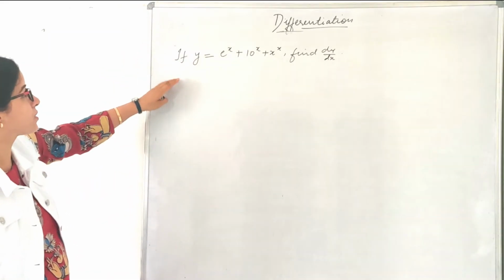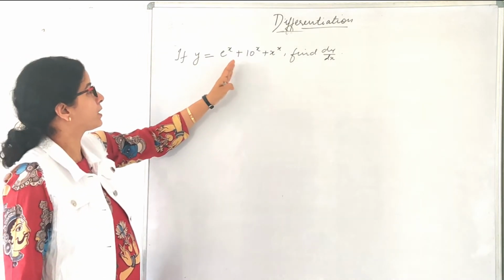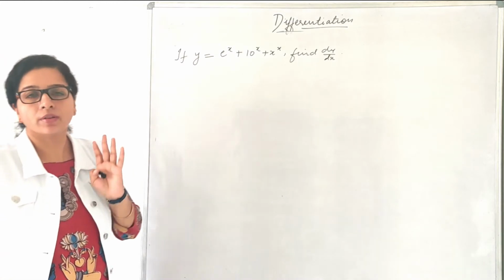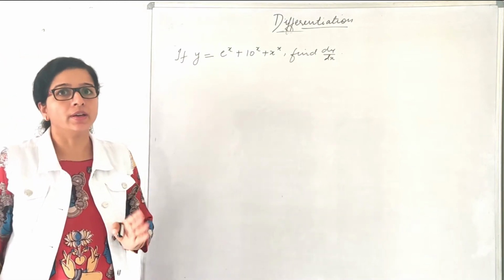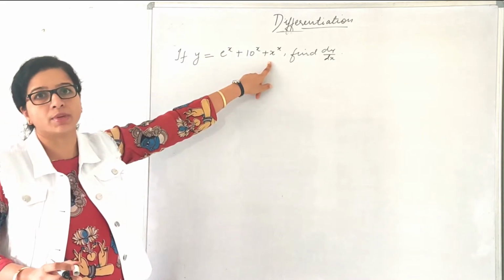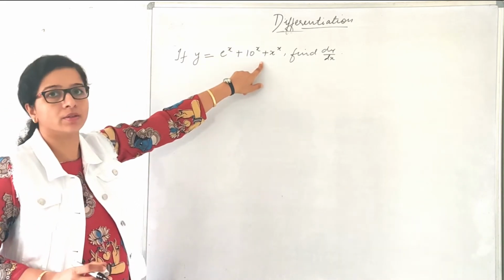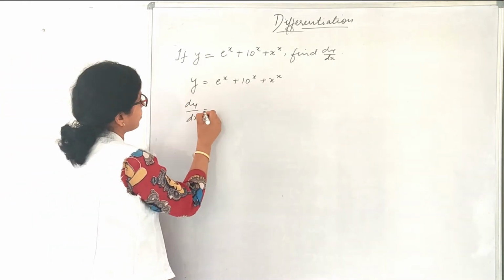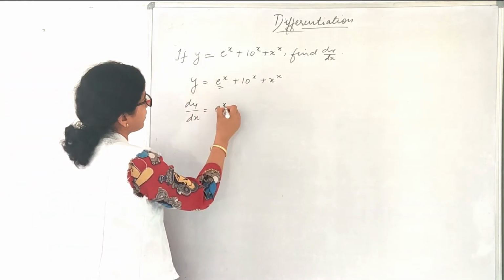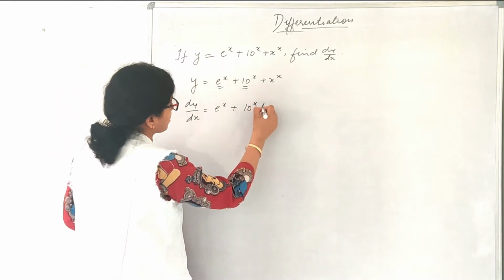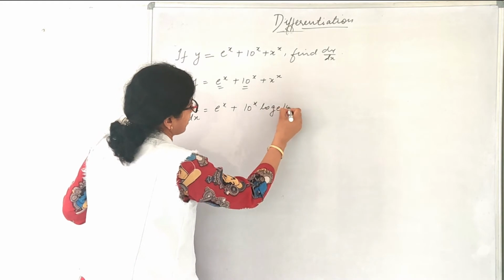So now let us take this question. If y is equal to e to the power x plus 10 to the power x plus x raised to the power x. Now students, one thing I want to tell you clearly. You cannot directly take the log for all of these terms because it is plus plus. So what we are going to do: dy by dx equals e to the power x is e to the power x. What is the differential of 10 to the power x? It will be 10 to the power x log base e 10, plus